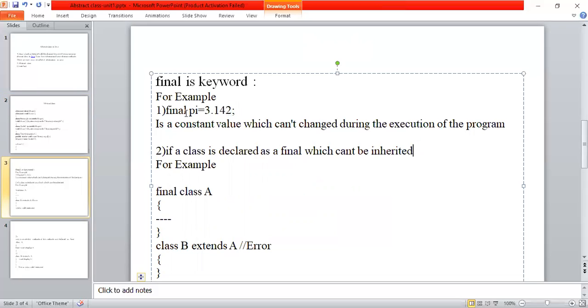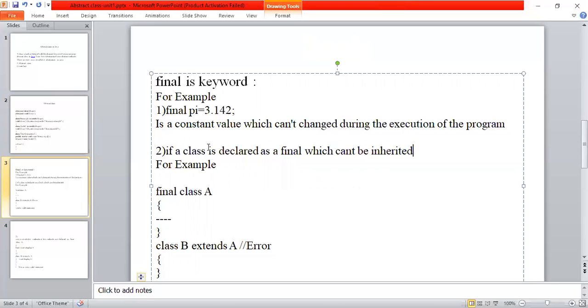For example, if I define the pi value as a constant and use the keyword final before it, then pi is constant during the execution of the program, so that we cannot change the pi value till the end of the program.